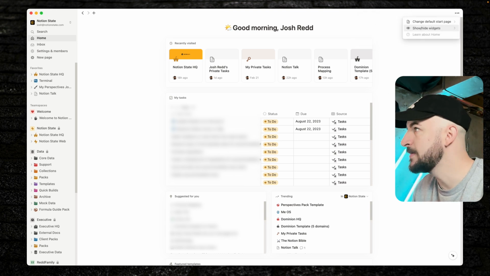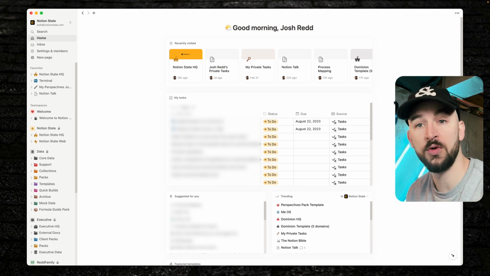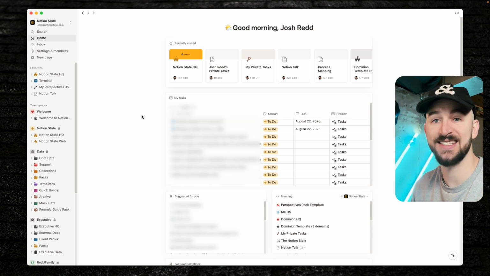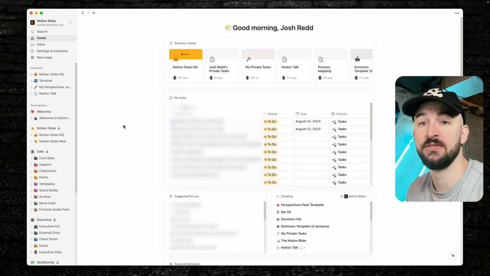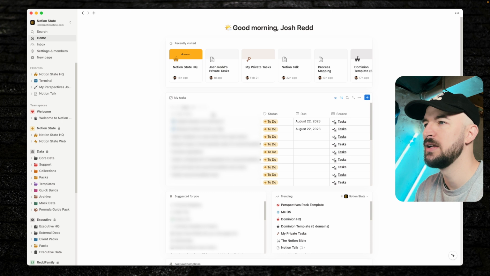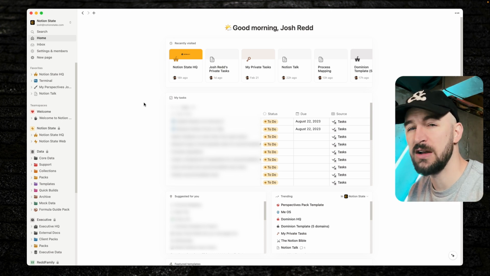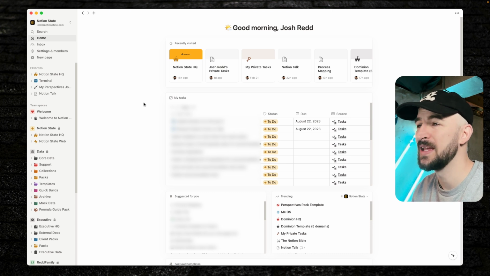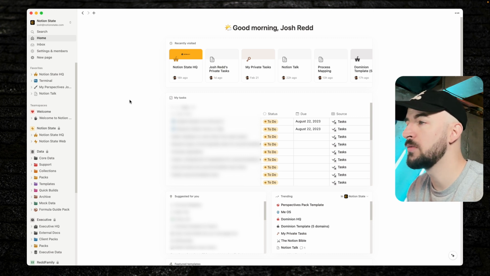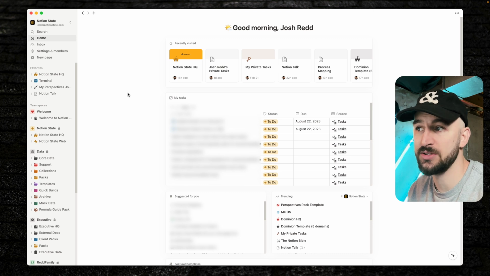One thing I would like to see, I'll be interested in how this develops, is if more widgets will become available, how hard-coded those widgets will be, if we just have to stick to the ones that they give us, or if we'll be able to define our own widgets, how flexible it will be, if we can rearrange the widgets. I think the widget approach is an interesting one. I think it's pretty concrete right now. It's pretty hard-coded. There's not a whole lot of flexibility, and as a power user, as a builder who likes to make my own things, I can basically make my own homepage myself